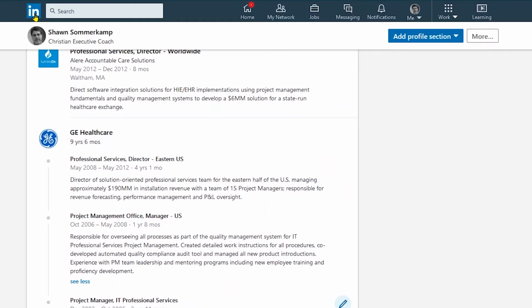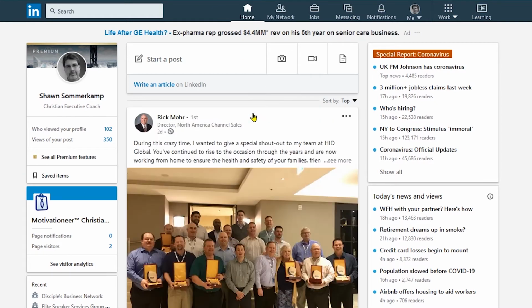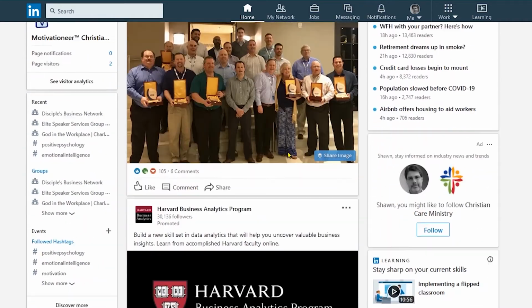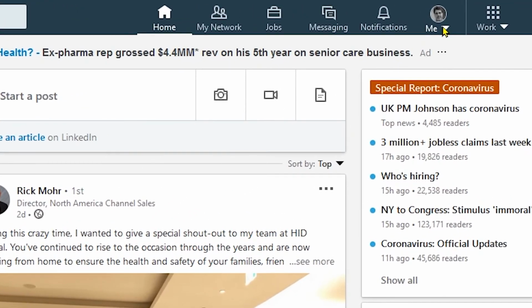Let's go back to the dashboard. I always start with the dashboard view and I just quickly check see new posts so I can see who is posting, if anything really intriguing has happened since I've been on. But what you want to do is in the top right-hand corner on the computer, top left for your iPhone and your Android,